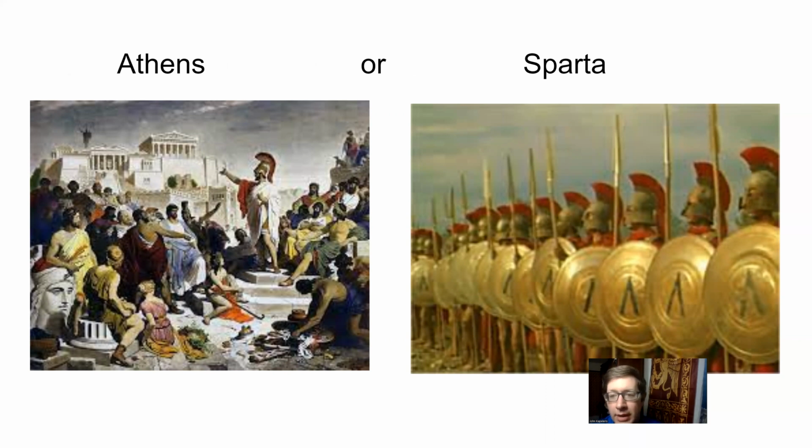And if you're going to argue for one of these, you're going to make an argument that brings up ancient history and the ancient republics. And so there's two examples. You have Athens, which had a maritime empire, the Delian League, and then the Athenian Empire. And so they had commerce and trade, and